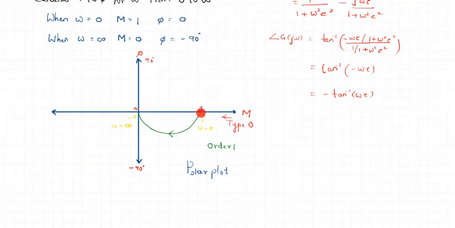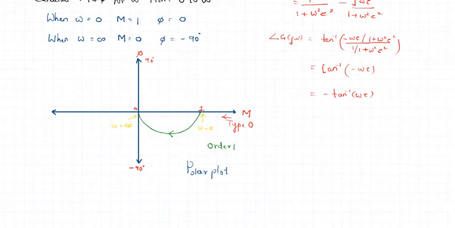Now as you increase the frequency, what do we observe? As the frequency increases, the magnitude becomes 0. So we approach towards 0. And what happens to phase? Phase becomes minus 90. So you could see here on this particular axis, the phase is minus 90 degrees. So this way we have used the values of magnitude and phase to do the polar plot. Type helped us to identify where the polar plot starts. Order helped us to indicate where the polar plot ends, in which region it ends. So this is the polar plot for the given transfer function.